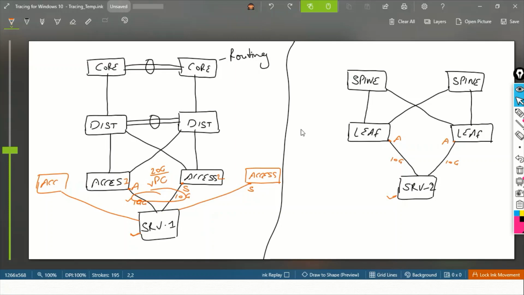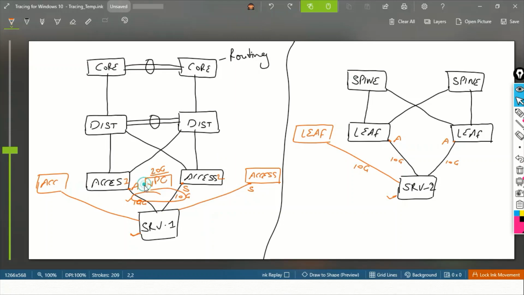But here as well, if we want more bandwidth, we can install one more leaf switch and connect it to your servers, and again you will get more bandwidth. There is a specific condition: we cannot configure VPC if we have more than two upstream switches. That is a VPC configuration limitation.